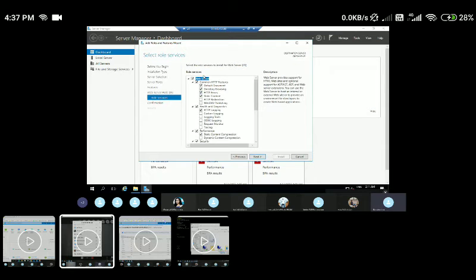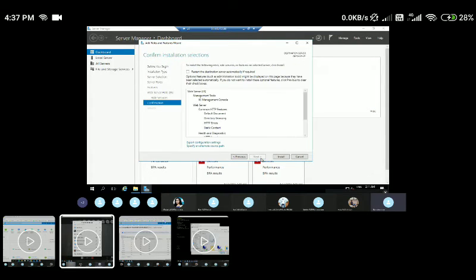And if you see here, these are the role services also being created, and let me go to the next, and it is asking for the confirmation. So this is one way of the manual method, of how to perform